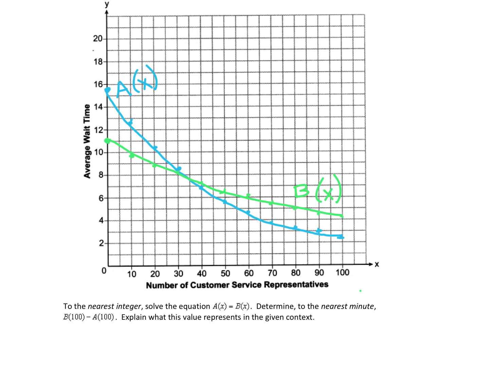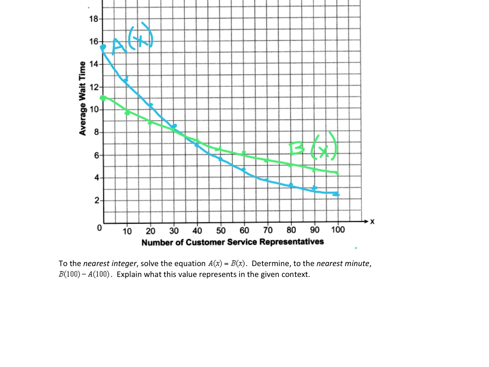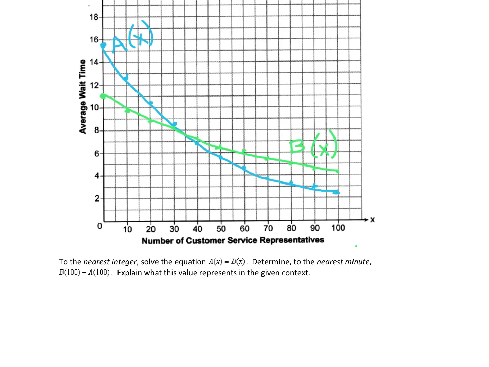Notice I labeled, and I did not use arrows, okay? Please don't use arrows because they say here to graph in this interval only. They don't want you to graph outside of it, and the arrows would imply that you would keep going outside of it. Okay. Now it says down here, to the nearest integer, solve the equation when does A of x